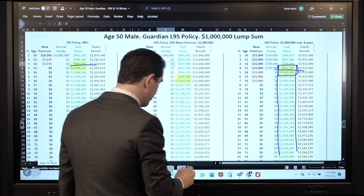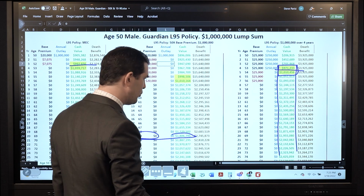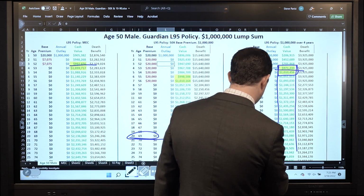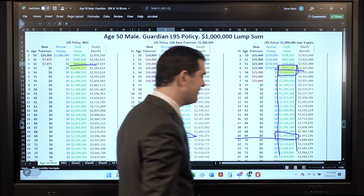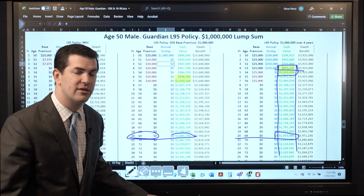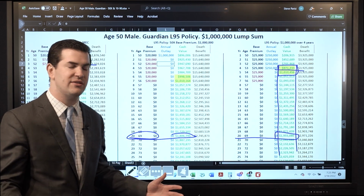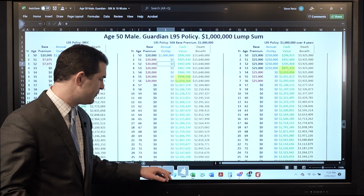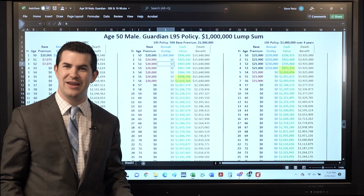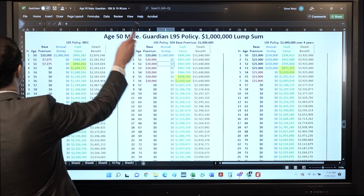So continues to grow. If we look at the year 20 mark, 1.806 versus over here, 1.955. Almost $150,000 more with the same product, same crediting rate, or same dividend rate, I should say. Everything is exactly the same. Now, on the topic of dividends and crediting rates, one of the points we mentioned, internal